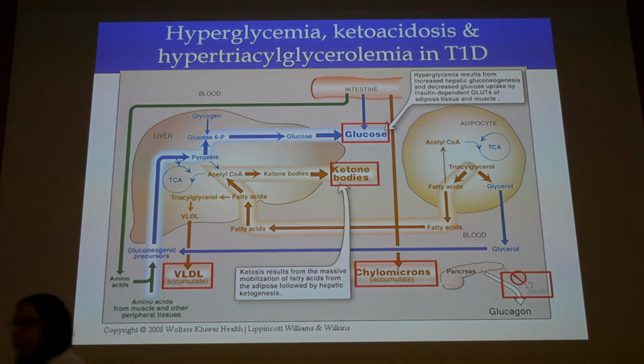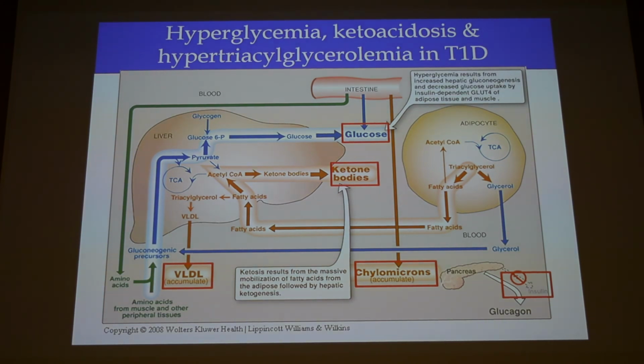We have hyperglycemia because of two things. One, the liver is constantly making glucose by gluconeogenesis, it can't be stopped. And the peripheral tissues are not absorbing the glucose by the GLUT4 transporters, therefore glucose remains in the blood and causes hyperglycemia. Excellent. What's the third thing? We said the ketogenesis, which can lead to ketoacidosis.